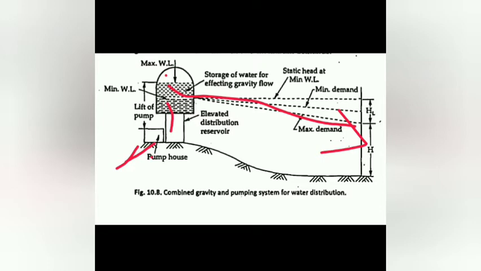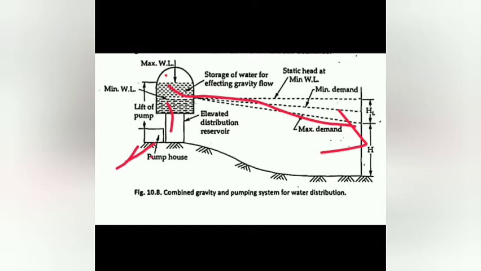Sometimes the entire water is first of all pumped into the reservoir, and many a times it is pumped into the distribution mains and the reservoirs. This method thus combines pumping as well as gravity flow. That is why this is called the pumping with storage system. The excess water during low demand periods gets stored in the reservoir and gets supplied during the high demand periods. It can achieve both the advantages that come with the last two methods.